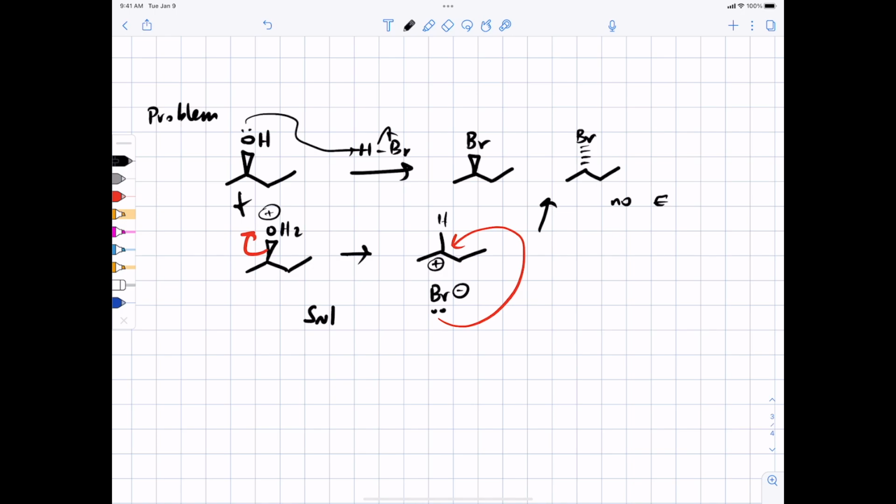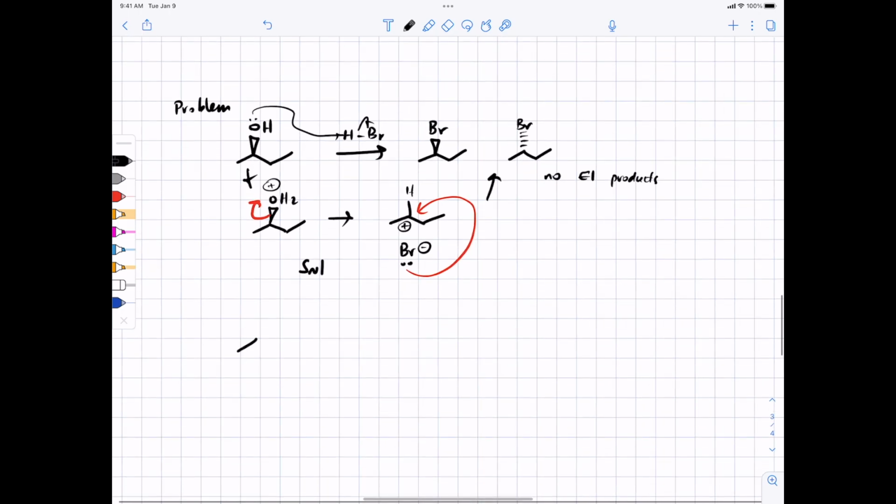As I said, I'm not going to count it wrong if you show E1 products here and your text doesn't really explain why you don't get them. I suppose if you want a hand-wavy explanation for why it's that way, you could say, well, Br minus is a terrible base. Particularly with Br minus, or in all of these acid conditions? HCl, HBr, same sort of thing. You don't tend to see elimination products, but you do see evidence for